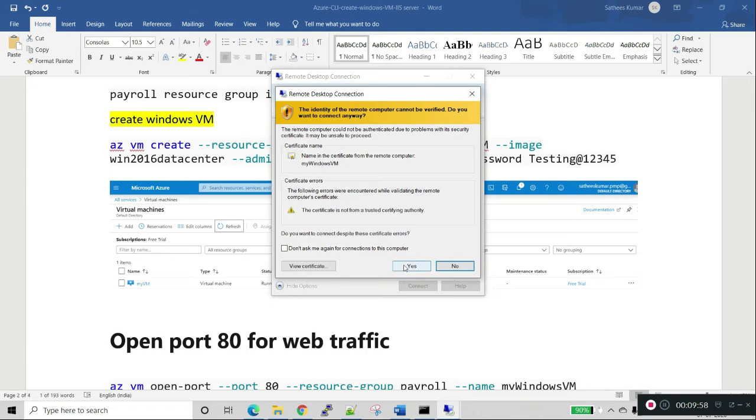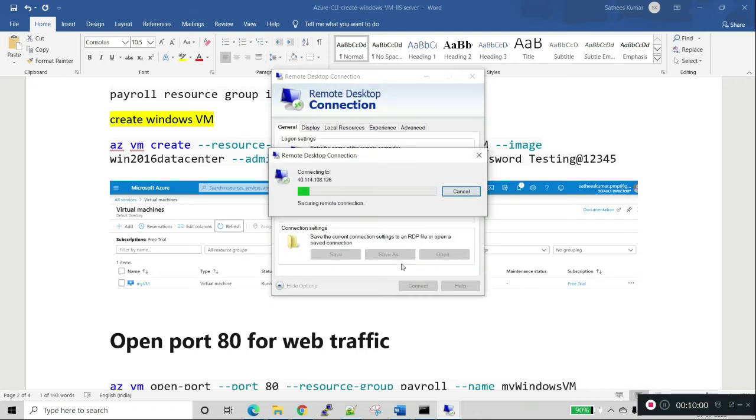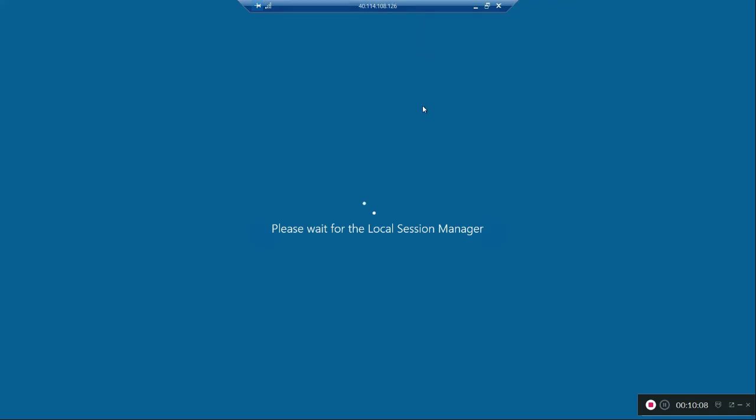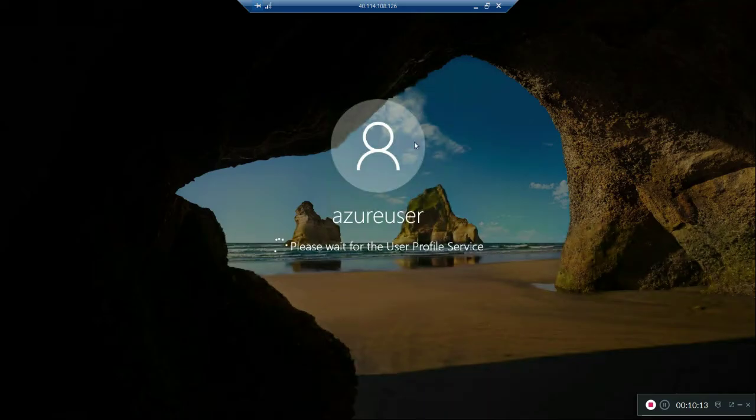So we need to accept the warning. Now you can see we are connecting to the remote desktop from our local desktop. The user is azureuser. It's connecting now.